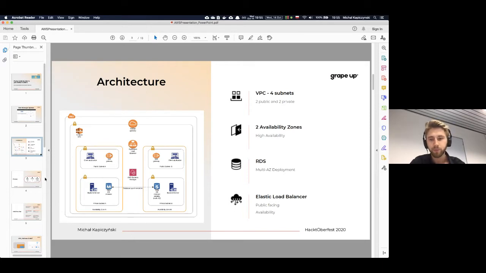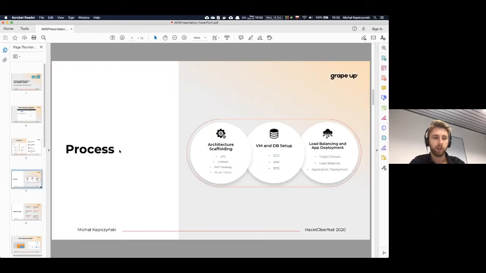So I divided the process of infrastructure creation into 3 stages. First, we're focused on the architecture scaffolding. So we'll create the VPC, subnets, and we'll configure the NAT gateway and route tables. Then we'll start working on VM and database setup. So we'll create our EC2 instances, AMIs and RDS. And then we'll move to load balancing, and we're going to deploy our applications. So let's move to the fun